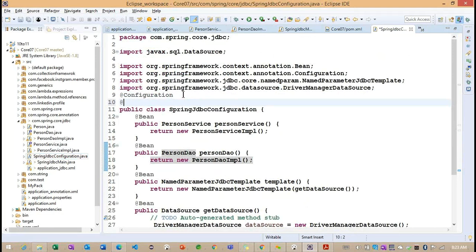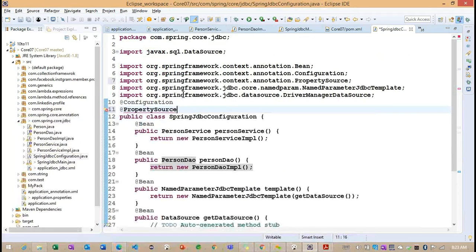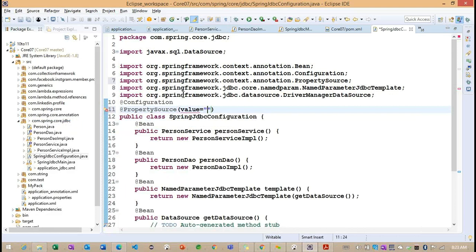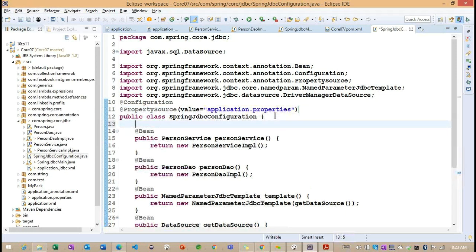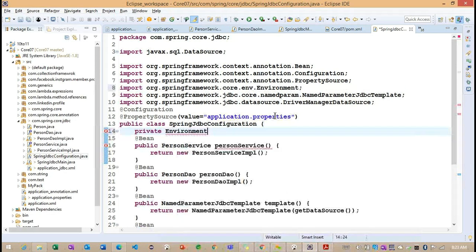Configuration. Application properties. Okay, and environment to env.